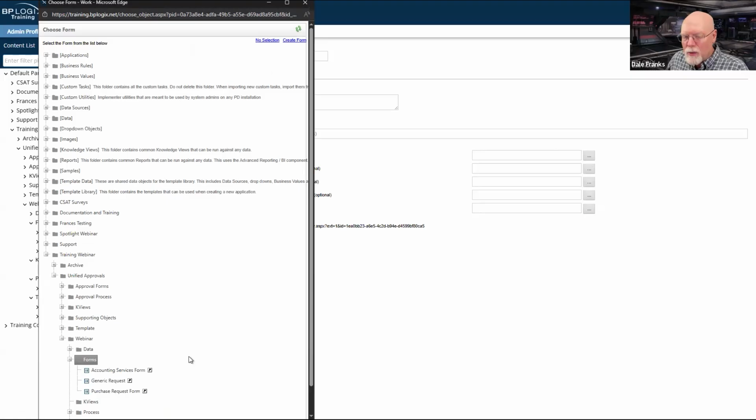We can't do that here because we have multiple forms, all of which are associating themselves with the same process. So if I want to return multiple items, there are 3 levels at which I might want to do this. I might want to return all accounting requests or all HR requests. I might want to do what I'm doing here, returning all requests.